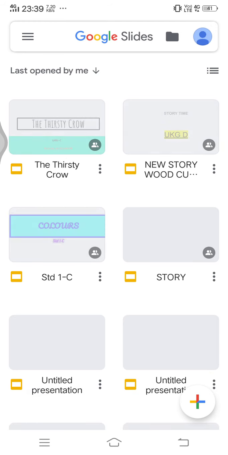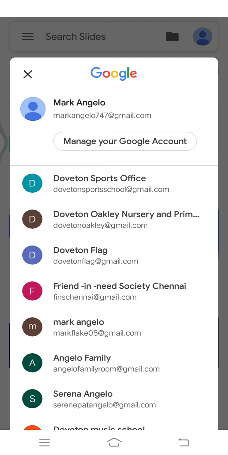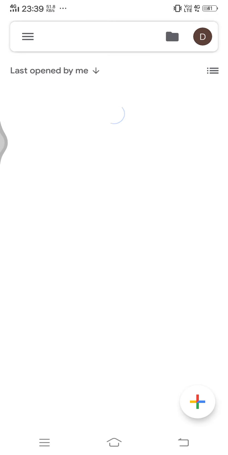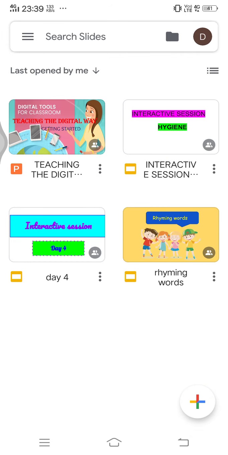It by default signs me into my default email address. Supposing you want to change your email address, you just press this human symbol here. Sometimes it will be an initial too, and then you can use whichever email ID you want. So I'm giving duftonoakley@gmail.com. Now you see that human symbol has changed to D.